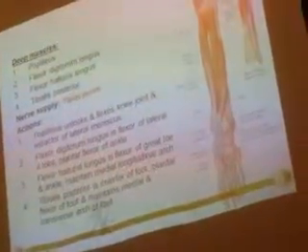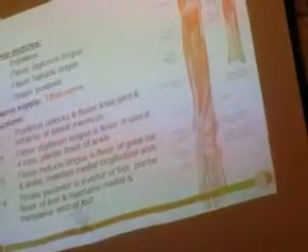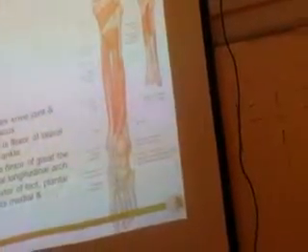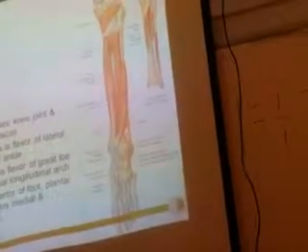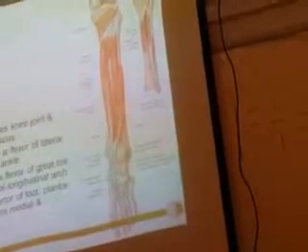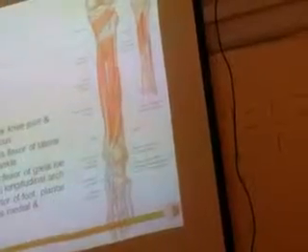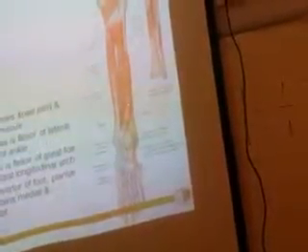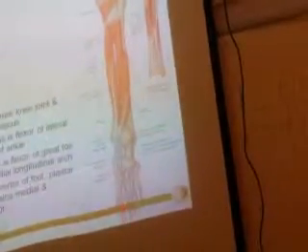The third muscle is the flexor hallucis longus. Hallucis means the big toe; this is called the hallux. That's why it is called the flexor hallucis longus. As the name indicates, it helps in the flexion of the hallux, the great toe. This is the origin of this muscle, and it goes all the way and gets inserted here.